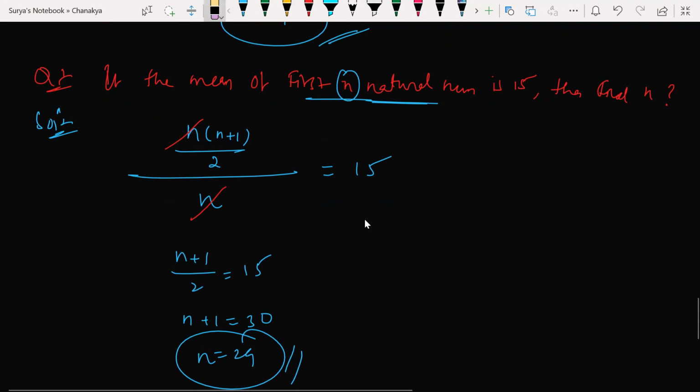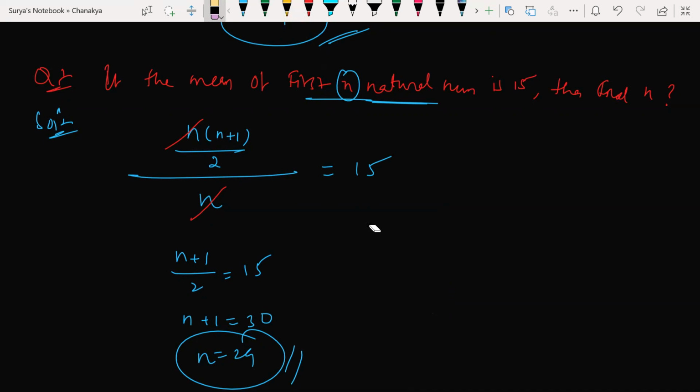Yes, sir. Isn't it? This is the concept where you have to find it out. This is the procedure. Procedure you understood, right? Yes, sir. So instead of looking at that logic, normally if we substitute 29 in place of n, then that equation is correct.